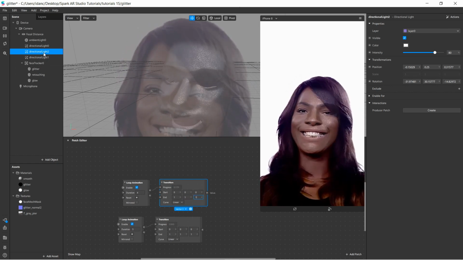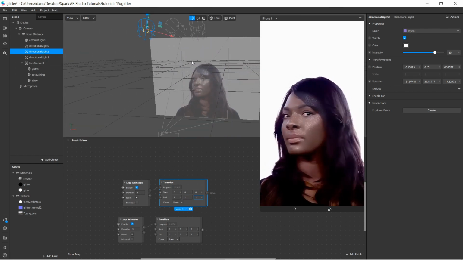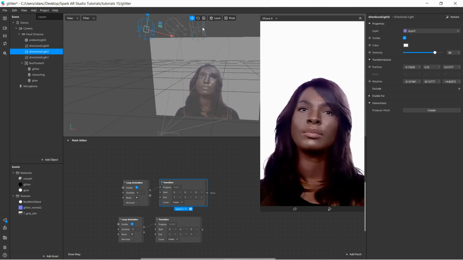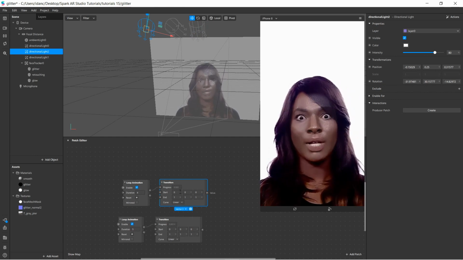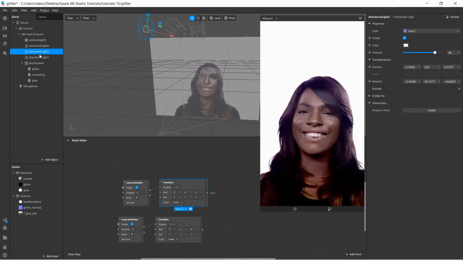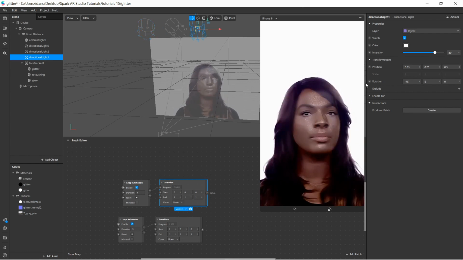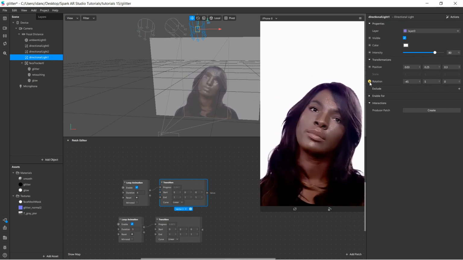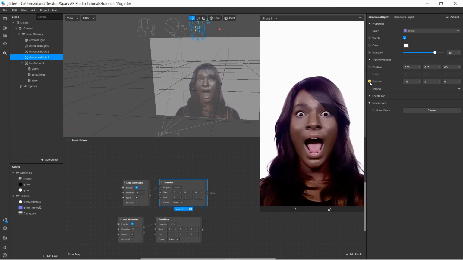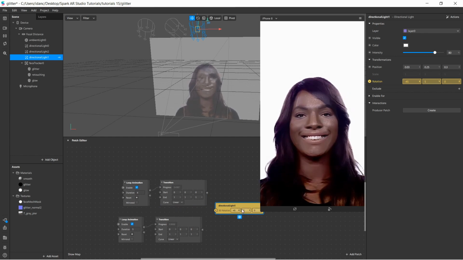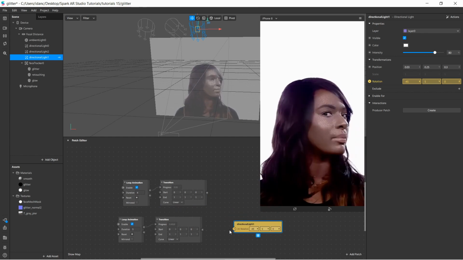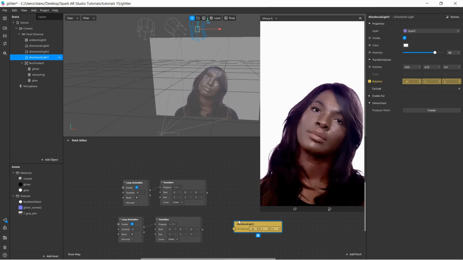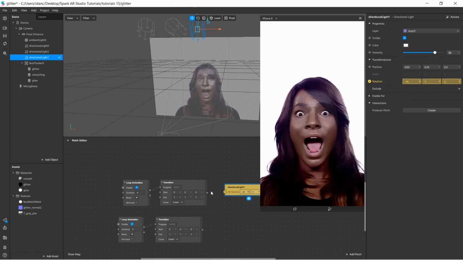Now, I want to affect the rotation of the lighting, the directional lights you can see here, 1 and 2, this one and this one. It doesn't matter where they're pointing now because I'm going to animate them with the values here. What I want to change is the rotation. So I'm going to the first light, going to the sidebar where I have the properties. Under rotation here I have this arrow because I want to change it using the patch editor. I click this arrow and now I can override the values. So what I'm going to do is input a value here and it will change those values dynamically in the patch editor. So I'm going to connect it,